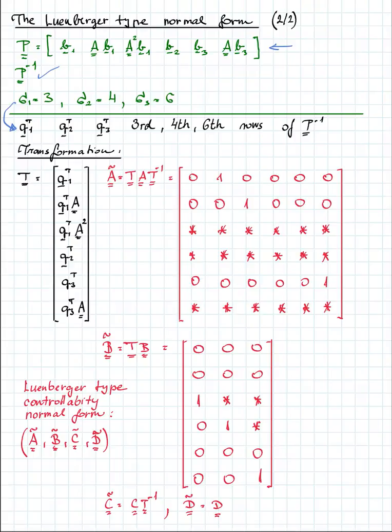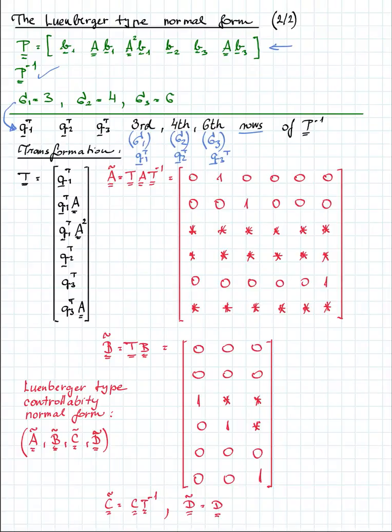So we calculate the P inverse, and the third, that is sigma 1, the fourth, that is sigma 2, and the sixth, that is sigma 3 rows of P inverse must be selected. This will be Q1 transpose, this will be Q2 transpose, and this will be Q3 transpose. So we are going to get 3